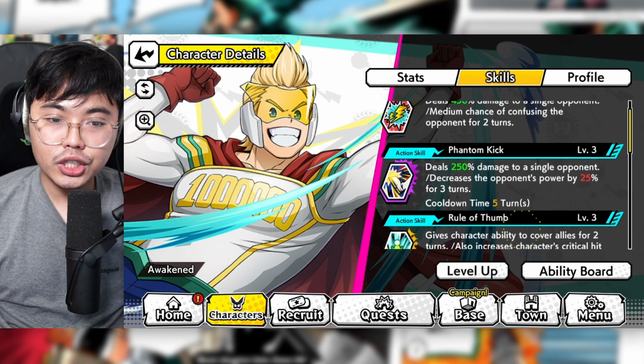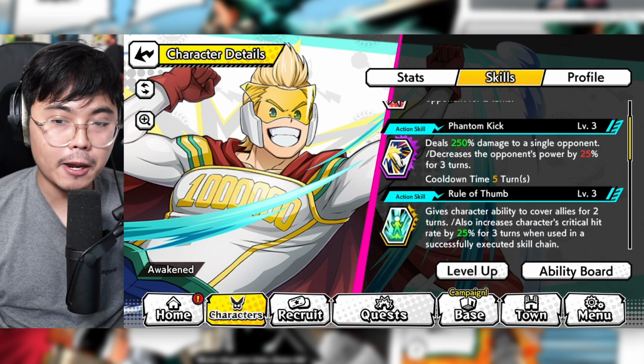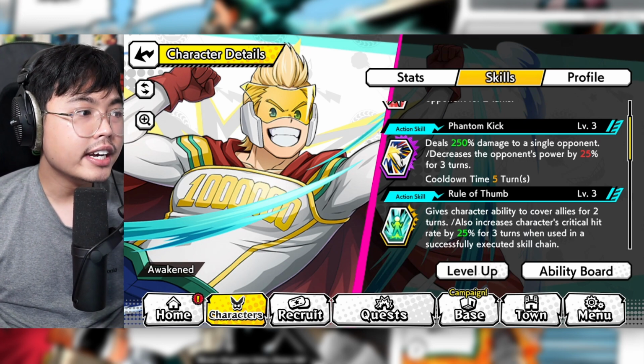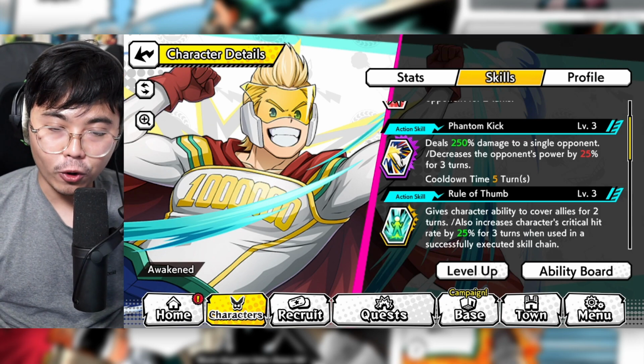And then his action skill 1 does 250% damage to a single opponent and also decreases the opponent's power by 25% for 3 turns. So a quarter of their power is gone, which is pretty good. It is on a 5-turn cooldown, which is average, but of course, if it was a 4-turn cooldown, that'd be